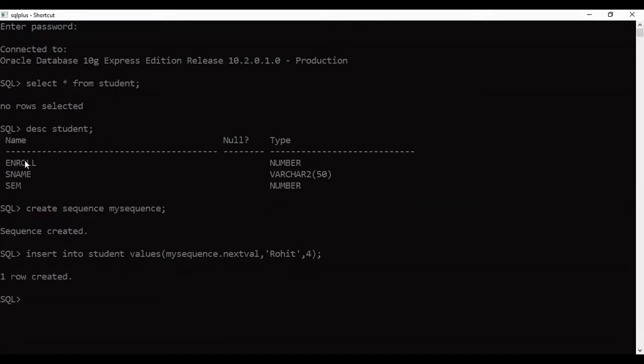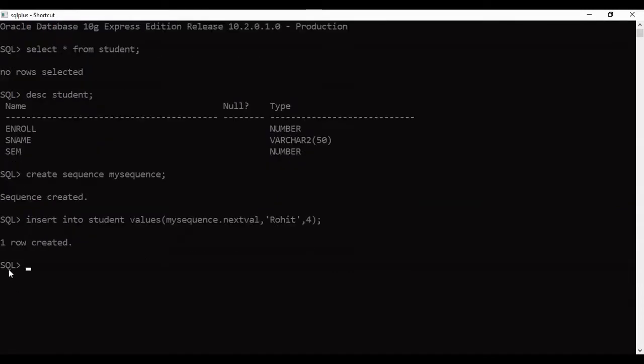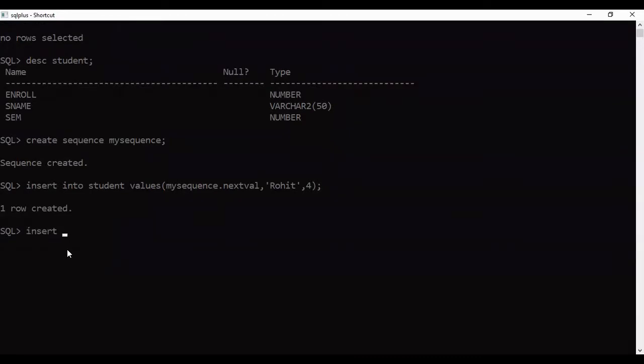As soon as I press the enter key, it displays the message 1 row created. Again I am using another insert, insert into student values, then my sequence dot nextval, comma Rahul, comma 5.